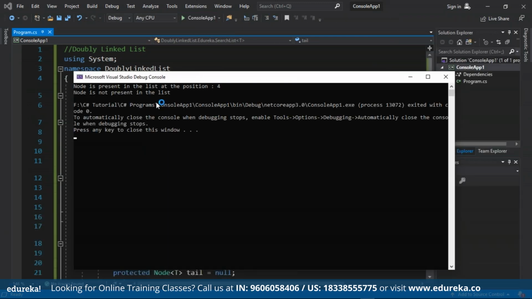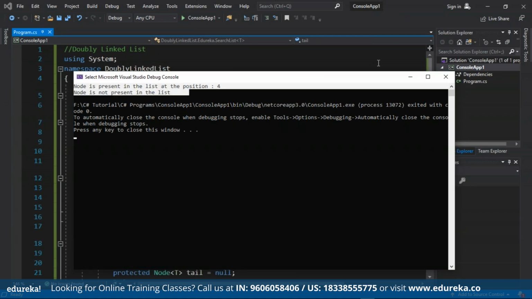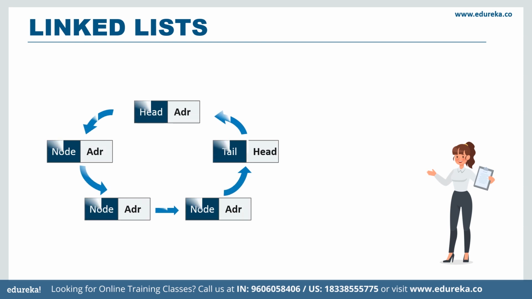You can see that the doubly linked list has been successfully executed and the output is displayed here. Now, followed by this, let's move on to the next type of linked list, which happens to be the circular